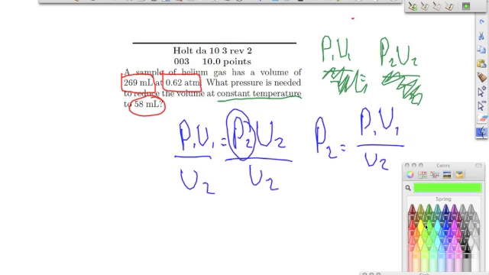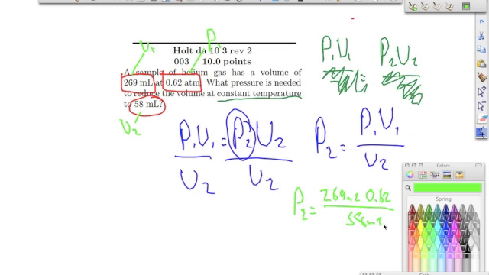Okay, so all we have to do is plug this in. Now, we know that this is going to be our V1 because it's our first volume that we see. This is our P1 because it's our first pressure we see, and we're changing it to, so this is our V2. So we go ahead and plug everything in. P2 equals our 269 milliliters, that's our V1, times our P1 of 0.62 atmospheres, all divided by our